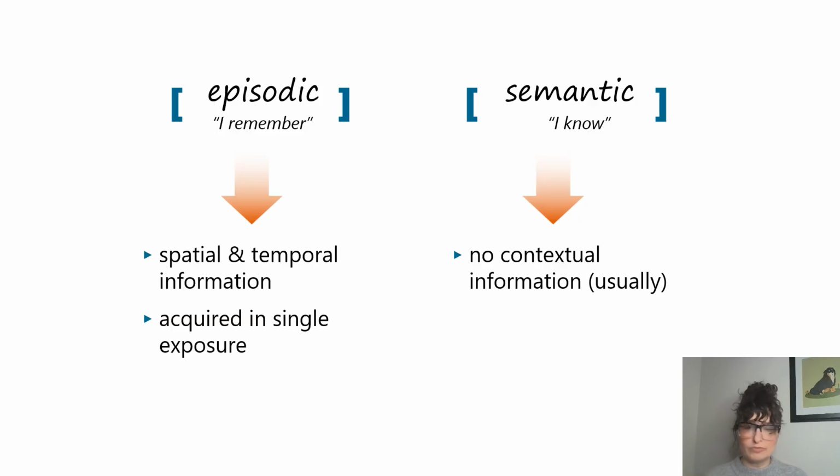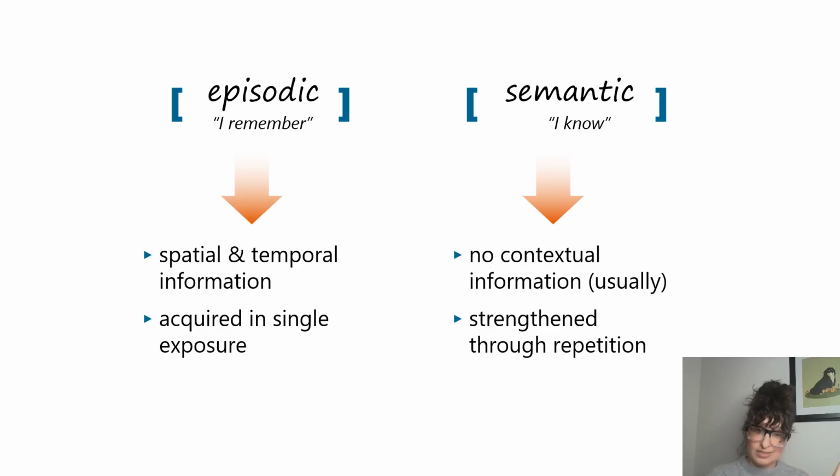Usually there's no contextual information, like the time and place where you learn semantic information, usually is not encoded with the content. And unlike episodic memory, which is acquired in a single exposure, semantic memory is strengthened through repetition. And in fact, these two things are opposite of each other. Episodic memory, the more experiences that you have that are similar in nature to each other, the less likely you are to be able to remember any one experience. Whereas in comparison, semantic memory, you get strengthened through repetition. Sometimes it can be really difficult to distinguish episodic from semantic memory. So, for example,